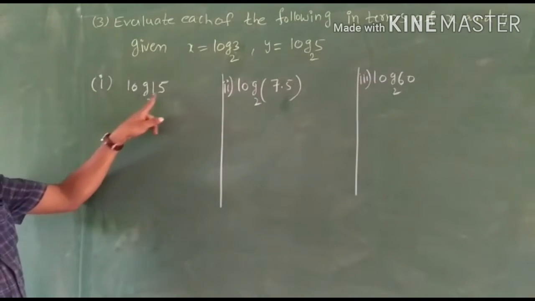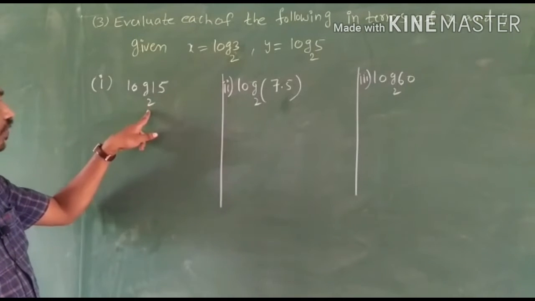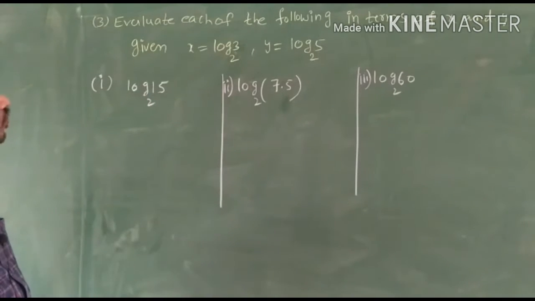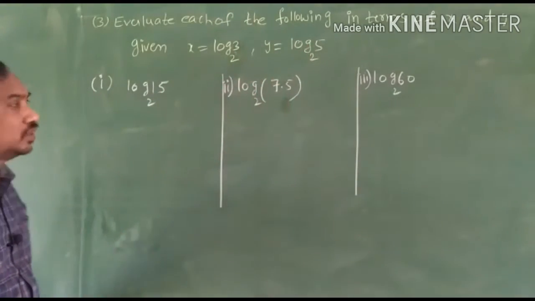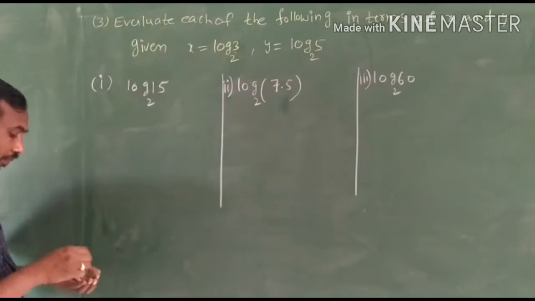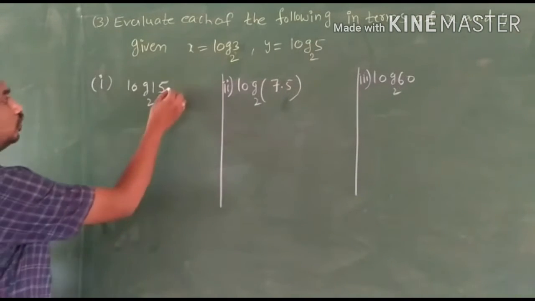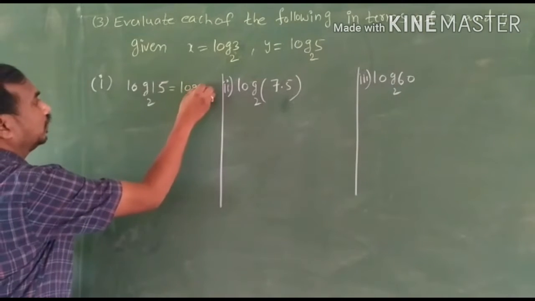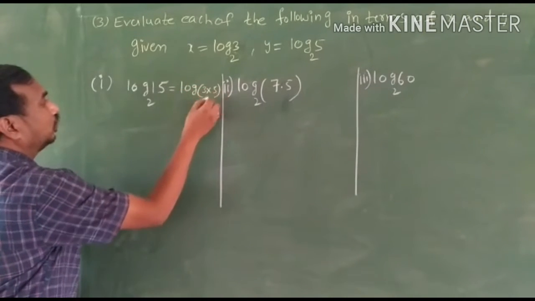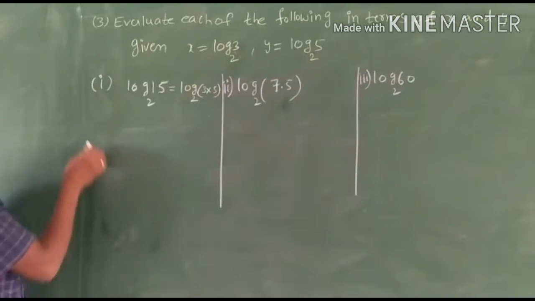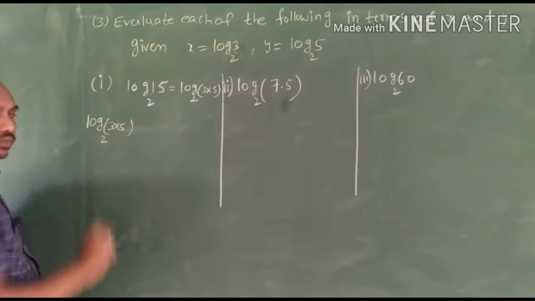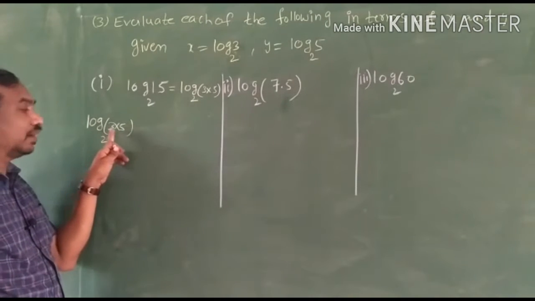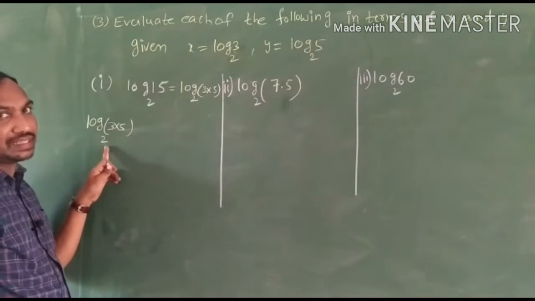చూడండి, ఫస్ట్ ప్రాబ్లం ఏమి ఇచ్చాడు, log 15 to the base 2 అని ఇచ్చాడు. మరి ఇక్కడ 15 ని ఈ 3 5 తీసుకొని ఏ విధంగా రాయొచ్చు అని ఆలోచించాలి. ఇక్కడ to the base 2 అంటే మనం log 15 ఎలా రాసుకోవచ్చు, log 3 into 5 to the base 2 గా రాసుకోవచ్చు. Okay, so that is log 3 into 5 to the base 2. So this is converted as log x into y to the base a.